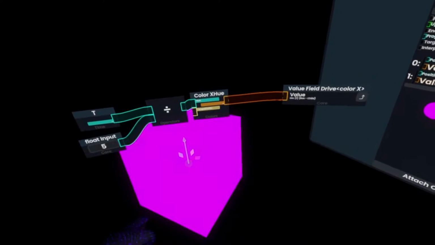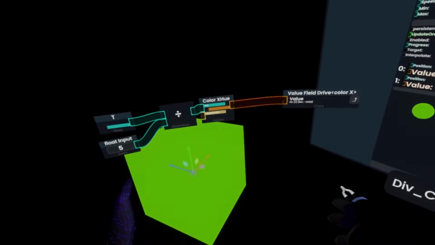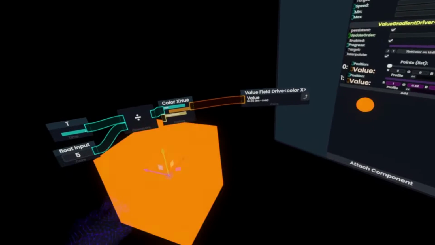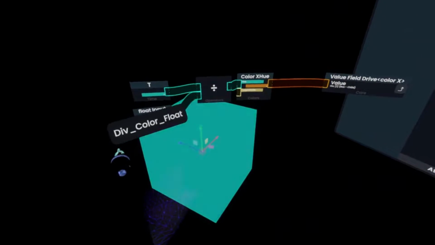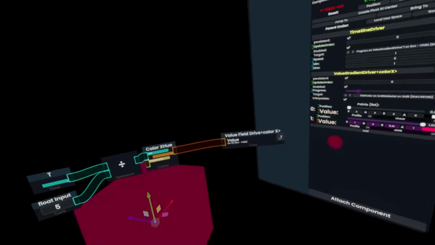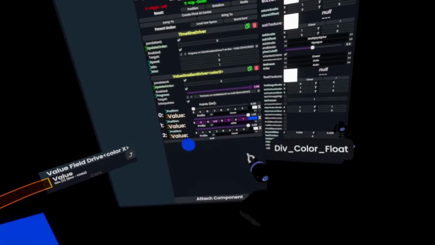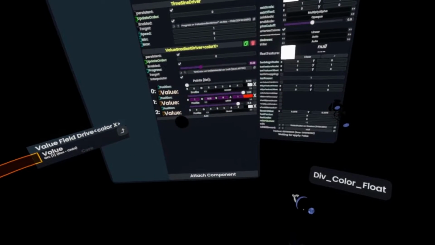So now, as you can see, we go from nothing up to the RGB and then back down, and back up to the RGB, and back down. And now we have a nice RGB breathing system. Now, you can obviously also add in here some other stuff, like for example, we could add a halfway point in here,